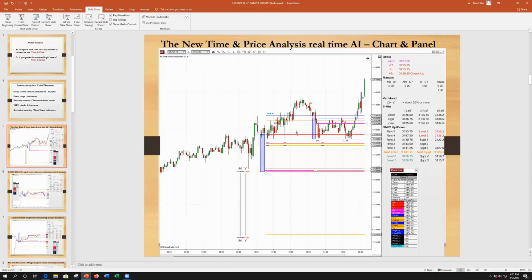This becomes a very important bar through the day, and you'll learn how important these prices are as we move through the learning experience. We need time to coalesce with price to confirm reversals or breakouts from the daily matrix combination rectangle 1. The next panel is headed DMIC up and down.